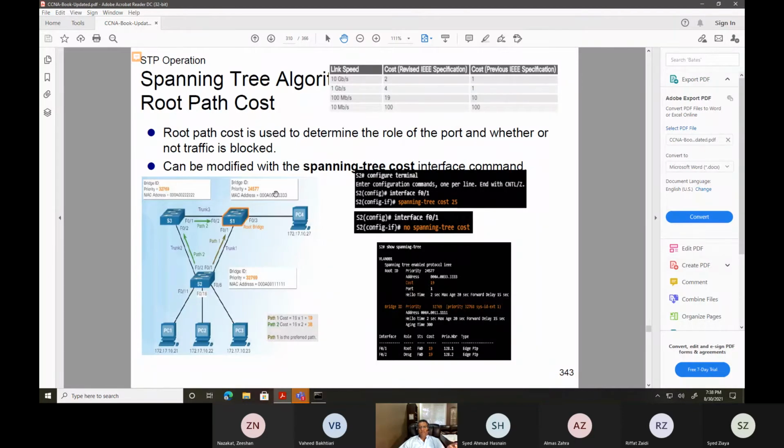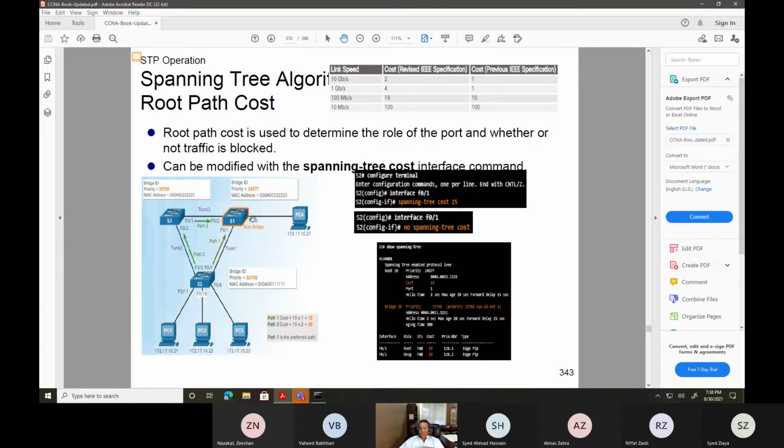Root path cost is used to determine the role of the port and whether traffic is blocked or not. You can use the cost mechanism to make sure which switch you want to be the root bridge, because we want to control our selection of the root bridge or a designated switch.